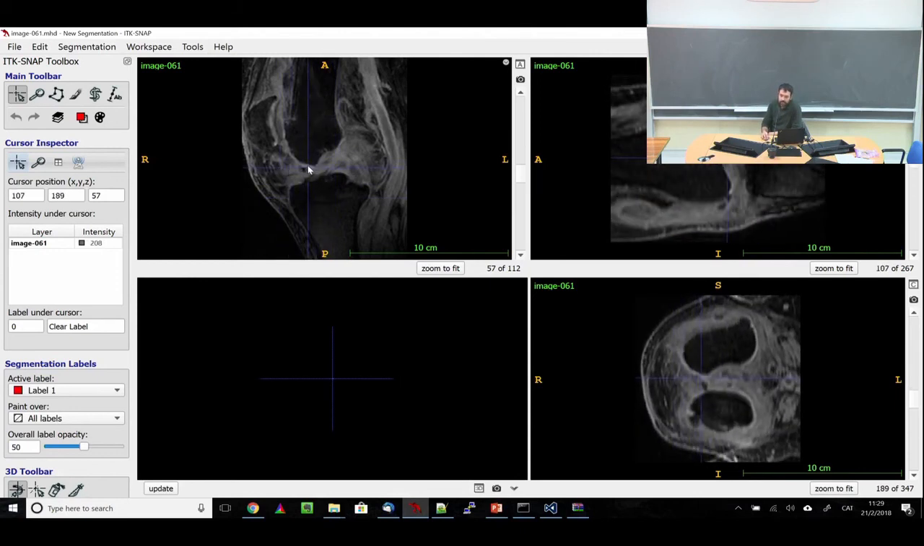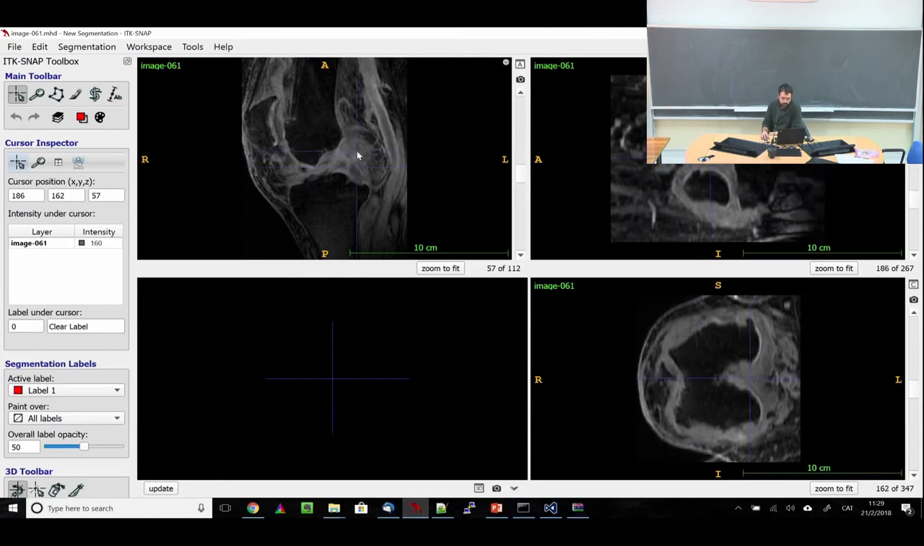Any idea? Knee? Yeah, it's a knee. Okay, a femur, a tibia, and well, the muscles, etc. Do you know which modality it is? Which type of image? X-ray, an MRI, an ultrasound? Not an ultrasound. You know what it is not, but